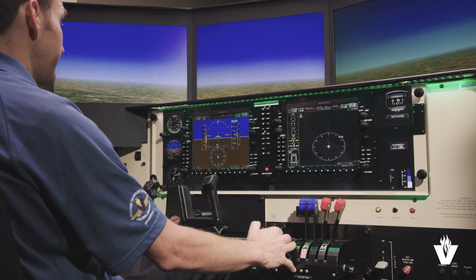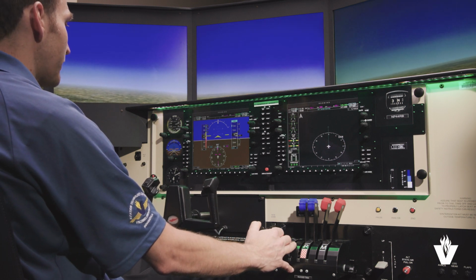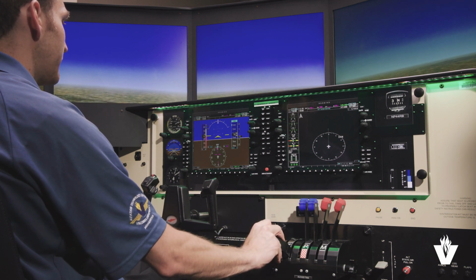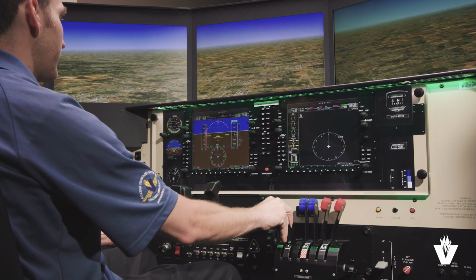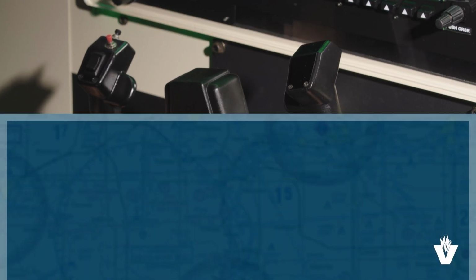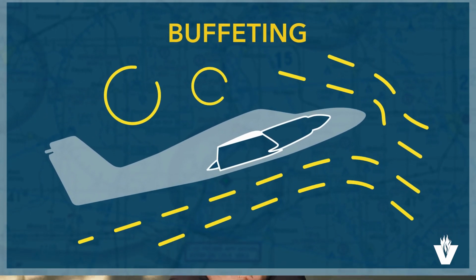As the airspeed decays, the flight controls become less effective. Control pressure inputs on the yoke increase as the airspeed bleeds off. Initiate recovery at the first sign of a stall, such as the stall warning horn, or buffeting in the yoke or the airframe. Buffeting is a perceived shaking caused by the turbulent air separating from the wing.